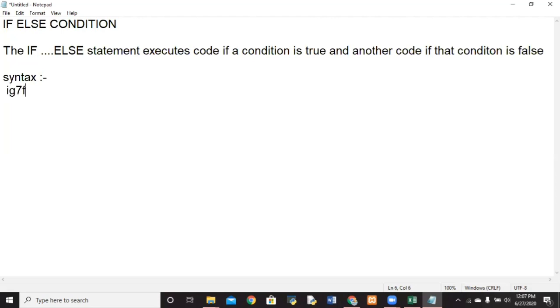That is if, then I'll be using the condition here, whichever condition I have to put. After that, the code to be executed if the condition is true. So students, first we put the if condition and the code to be executed if the condition is true. If the condition is true, then this code of mine will run.